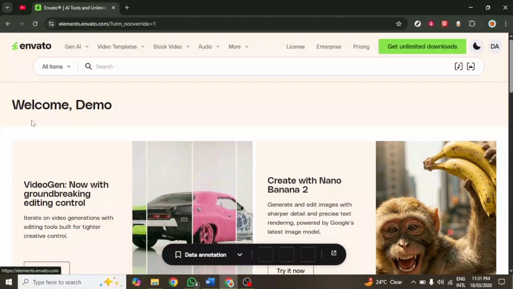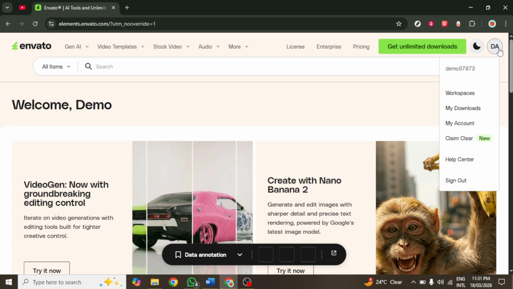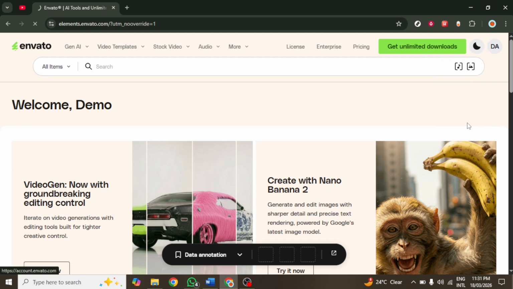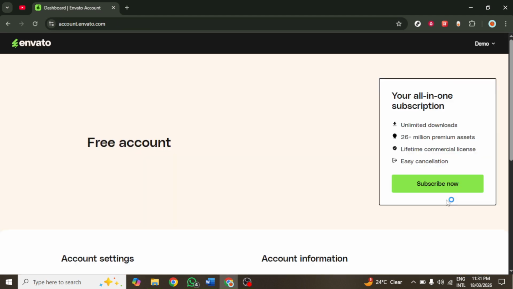In this video, you'll learn how to enable two-factor authentication on your Envato account. This process will enhance your account security by adding an additional verification step. Begin by logging into your Envato account